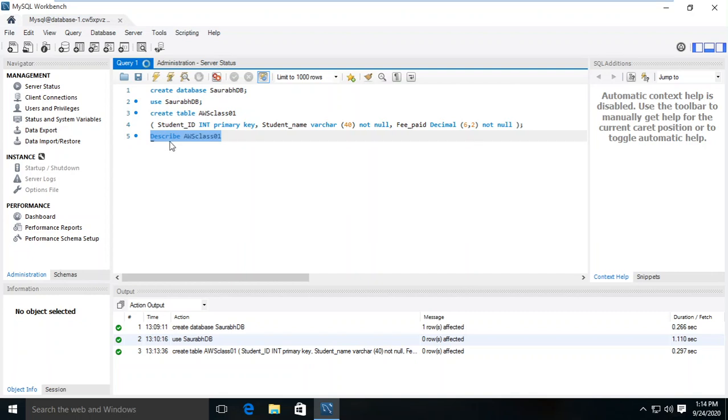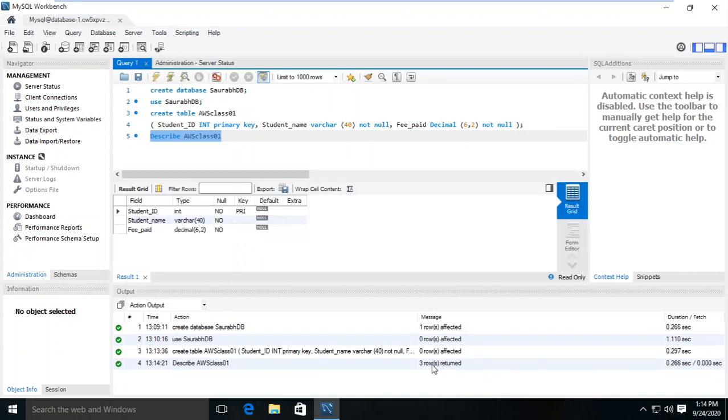Describe command generally we use to fetch the data. So it is fetching the data about the table. You see here, yes, it has created a table where we have the fields of a student, and the type it is going to use int, null is no for this all, and here a student name, fee paid. So these are the 3 type of fields I have made in my table.